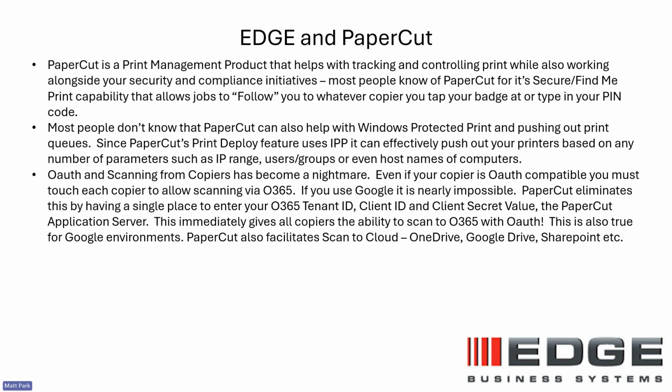PaperCut now makes it so that you put those OAuth credentials inside of the PaperCut application server, and all of your copiers are now going to work with scan to email, as well as giving you scan to cloud capabilities, which more and more of our clients are telling us we have to have. I need to be able to scan to OneDrive, Google Drive, SharePoint, etc. PaperCut, in addition to the Windows Protected Print aspects and the security aspects, is also solving for this OAuth 2.0 issue that has become a real problem for copiers out in the field right now. Okay, so that's another reason that we like for our folks to look at PaperCut over and above the other